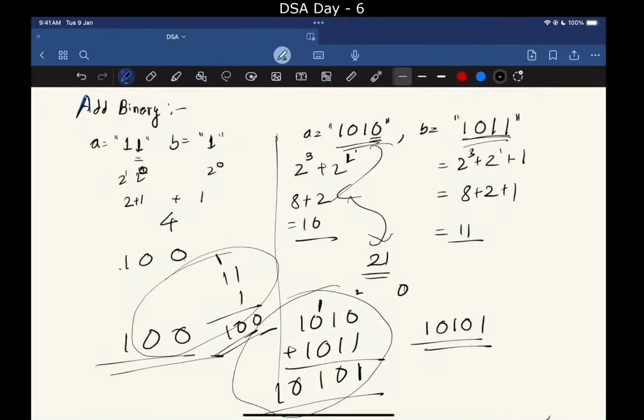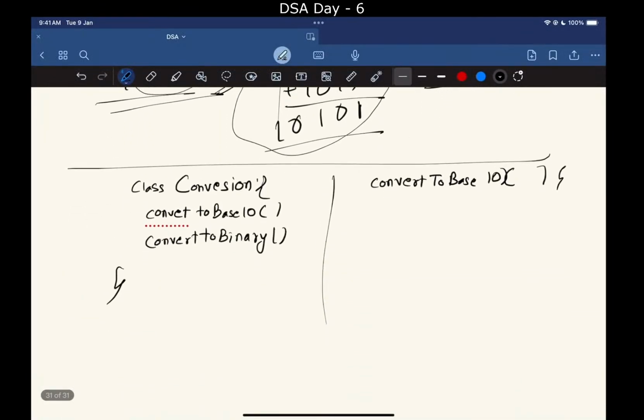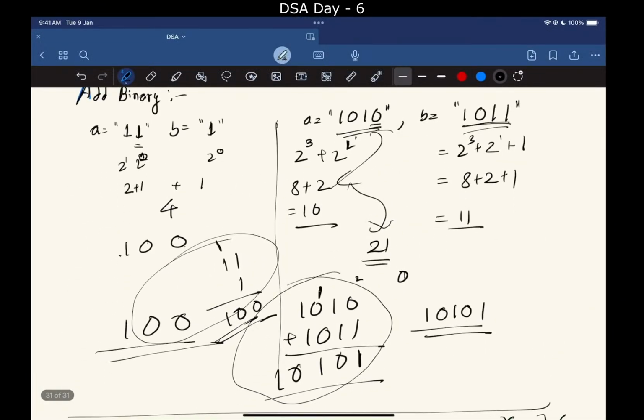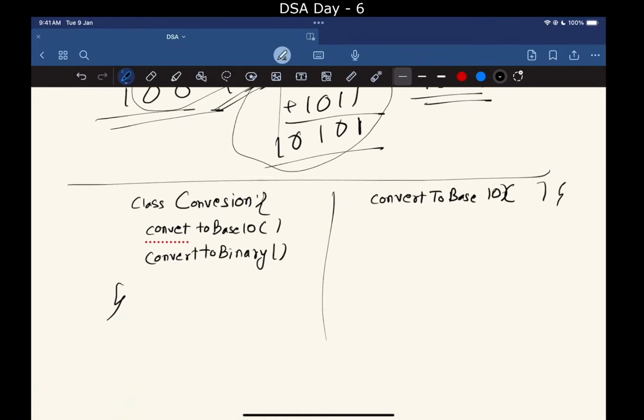I will be basically using it for conversion. Anyways, let's focus on solving the problem first. Later we can see what is going on. So for convert to base 10, what we will do, I'm assuming it would be an array. Okay, I will convert it to an array, I mean. So I will basically run a for loop,